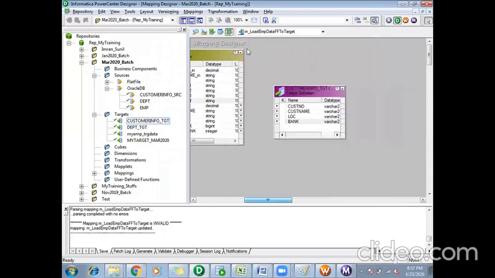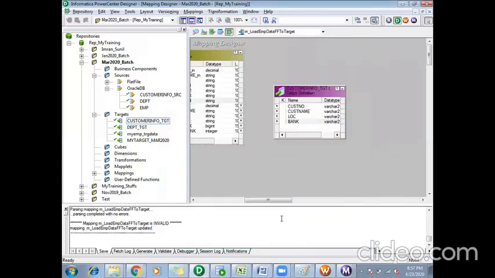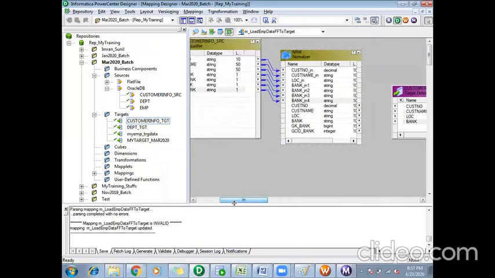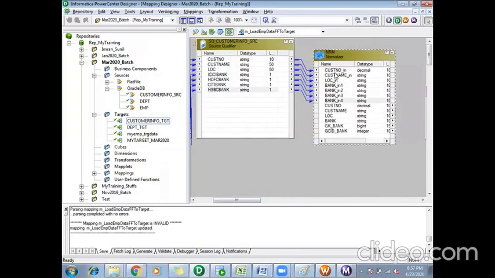So depending on my target, what I need to achieve out of my normalizer, I will create those many ports in the normalizer tab. Depending on my source, how I need to link the ports to my normalizer, based on that I will select the port for my occurrence. Okay.